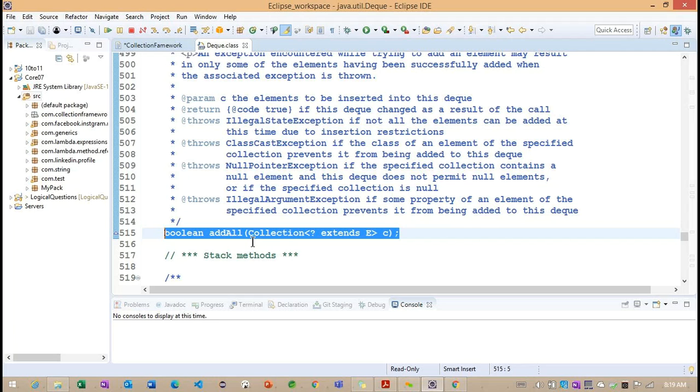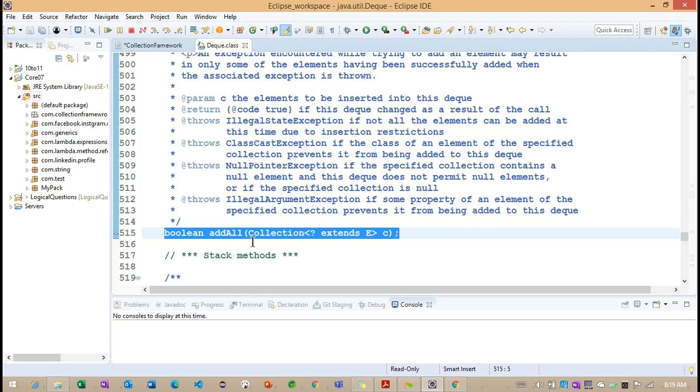So each interface has unique behavior for the add method. If we compare, the list interface add method is going to perform differently, the set add method will perform differently, and the queue interface add method will perform differently. But here the common method is defined in the collection interface. We are just extending it, and based on our requirement we are implementing it here.